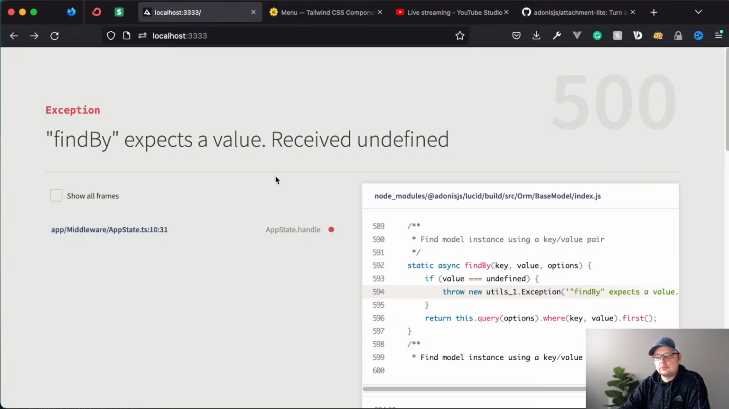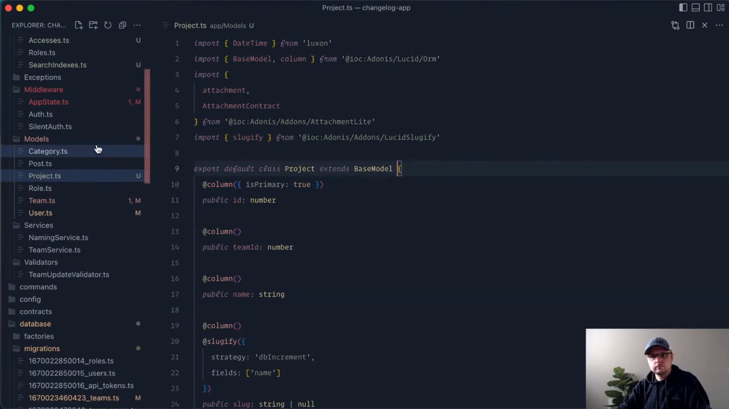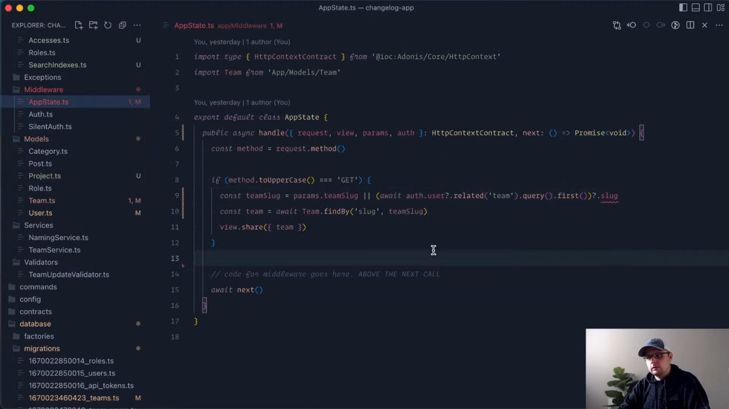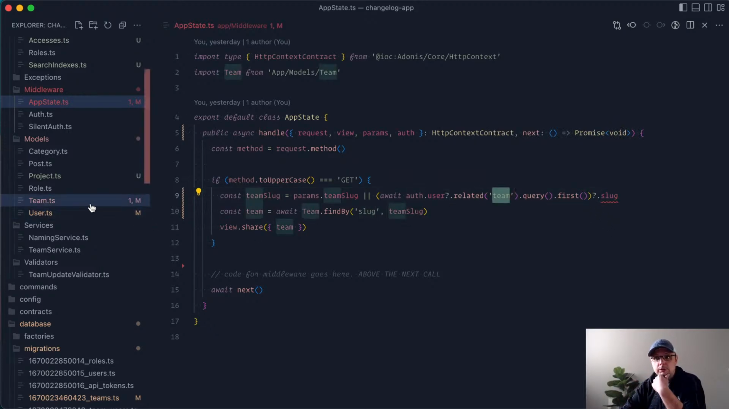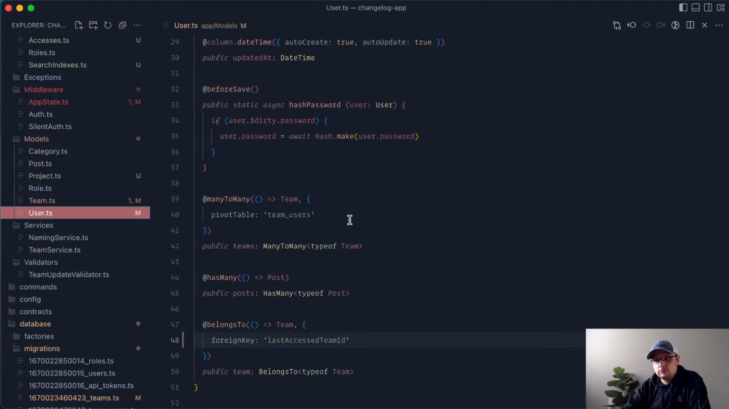Find by expects to receive. So let's go ahead and fix that real quick as well. That's going to be in our app state middleware. Let's see where it's falling back. I did change this slightly as well, so this does not apply at all anymore, actually. So we'll want this to be for our project, which reminds me we do need to do relationships there for that as well. So let's jump into our